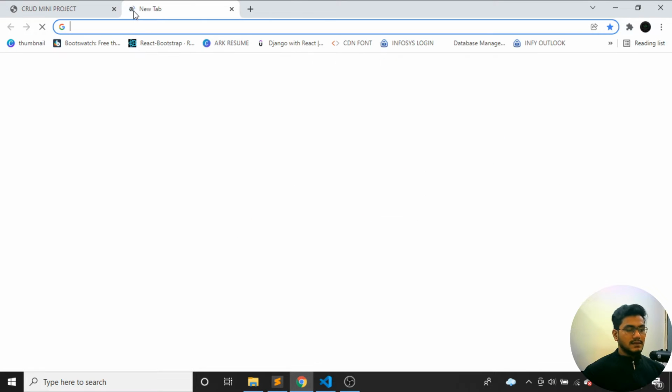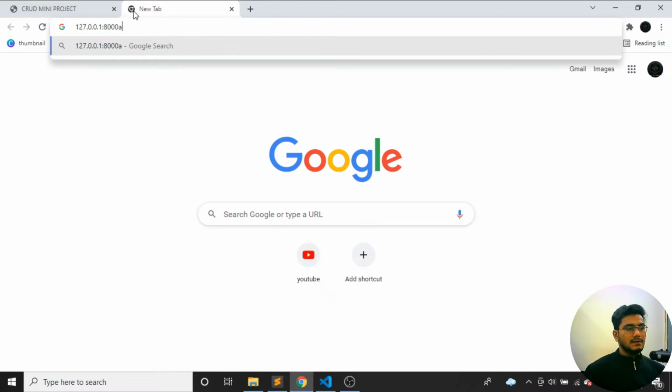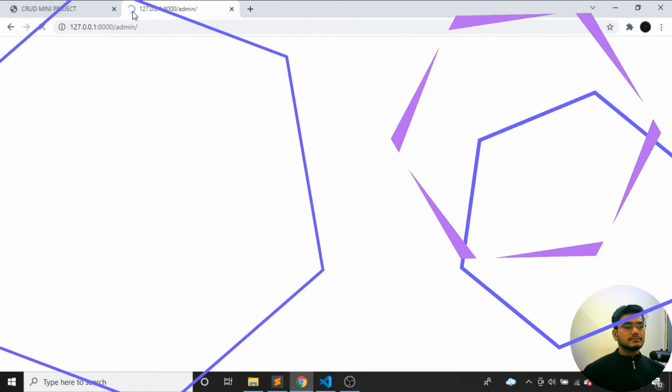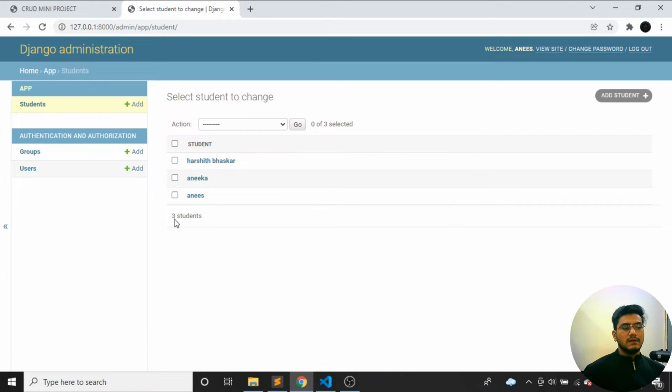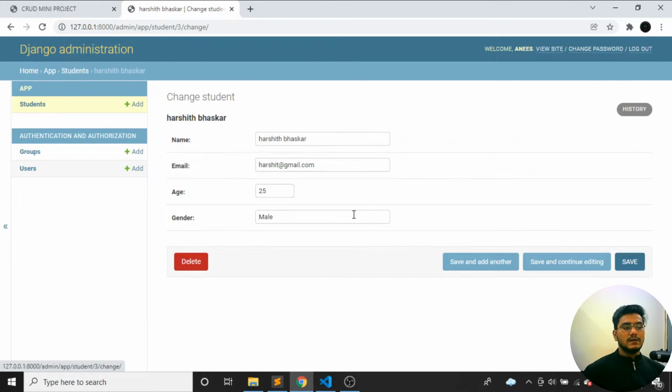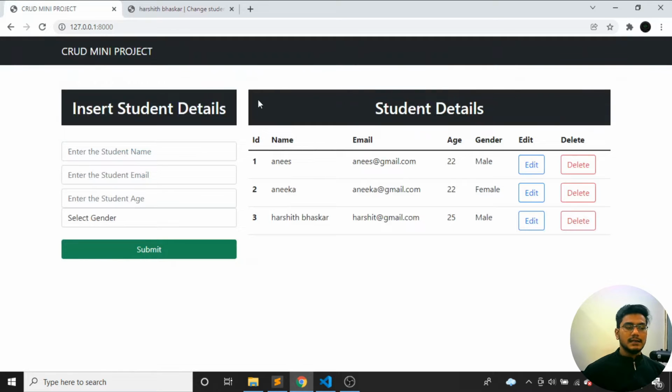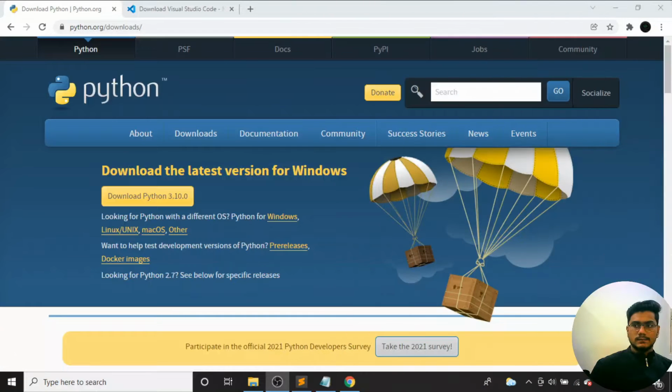And we will also see how we can deal with the database administration. I'll show you the administration over here, where the database tables are and where the data is stored, which is given by the Django default administration. We can do the CRUD operations with this too, but the same operations we have implemented in the front end part: all the create, read, update as well as delete. So all these things we'll be doing in this video. Now let's move on to the coding part.